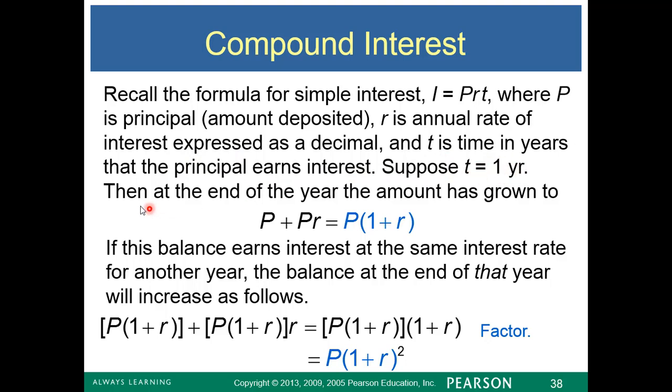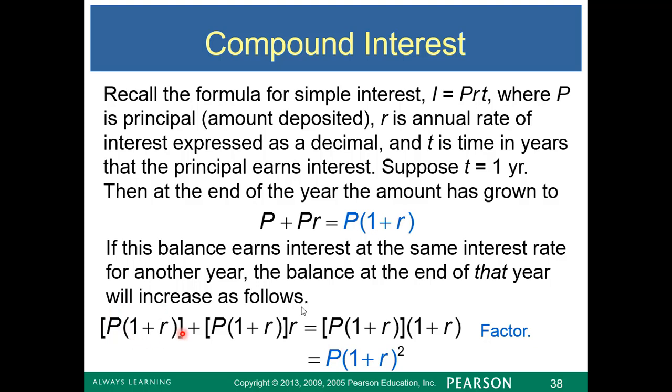Okay. Then, at the end of the year, the amount has grown by the principal plus the interest, right? Because T is 1. So we get principal plus the interest, or P times 1 plus R. Okay, so this is for 1 year. If this balance earns interest at the same interest rate for another year, the balance at the end of that year will increase as follows. So it'll be this amount,